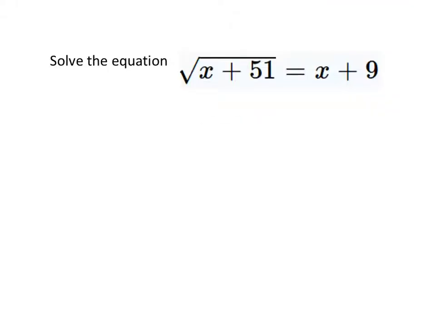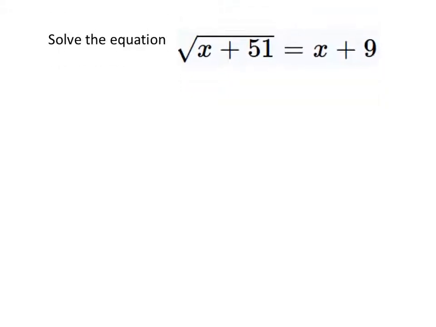All right, this is a good one. We like this one because it's very different. We already got the square root on one side all by itself, so I'm going to square both sides on this. We just have to be careful with this one because now when I square the right side of this equal sign, it's a binomial. So it's really x plus 9 squared,